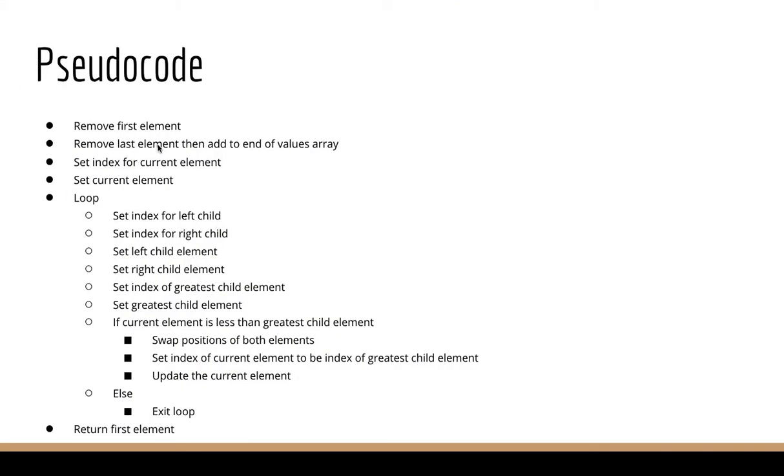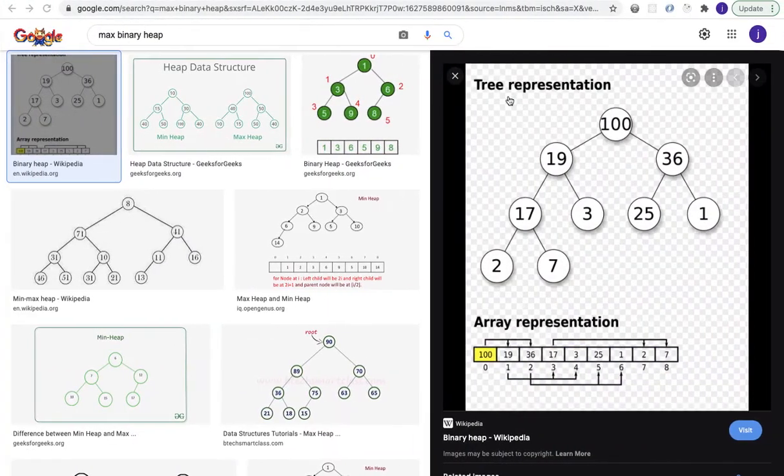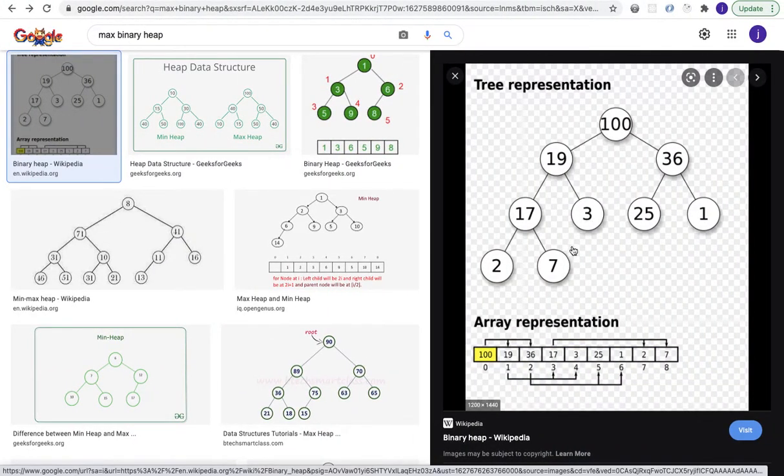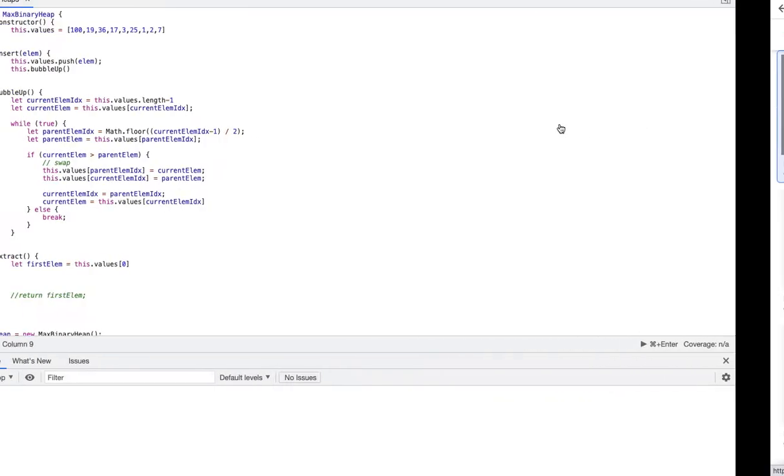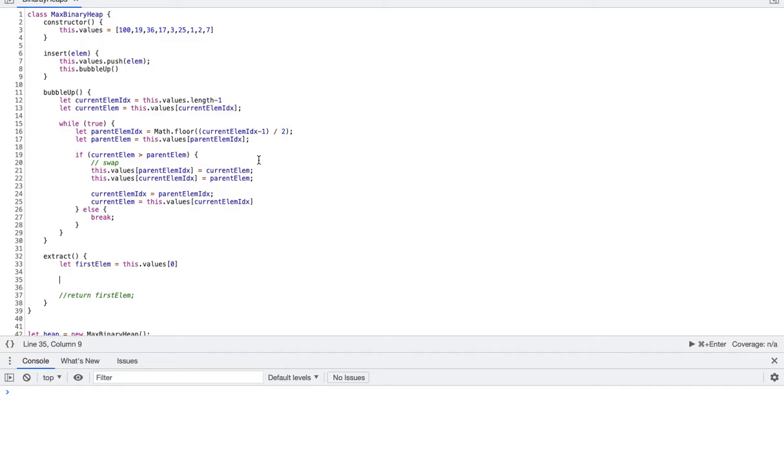let's see, remove last element. Remove the last element, then add it to the beginning of the values array. Again, remember, the second step was, after we remove this right here, we're going to take the last element in the array, which is 7, and then position it here at the very top. So the way we're going to do that is, let's see here. All right, so we're going to do last element. I'm going to do this dot values dot